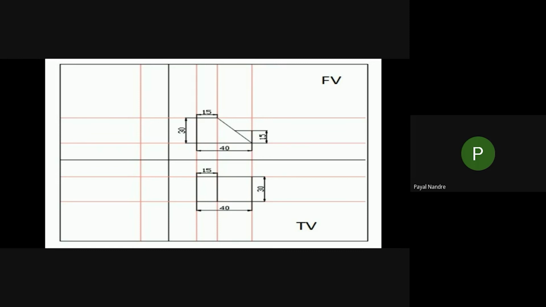Now we want to draw the top view. Draw the 15 millimeter line and the 50 millimeter line, which is equal to the upper side of the top view. Then draw the 40 millimeter line, which is equal to the downside of the front view. Then draw the three side lines of 30 millimeters, and thus we can complete the top view. Now my friend will show the right hand side view.